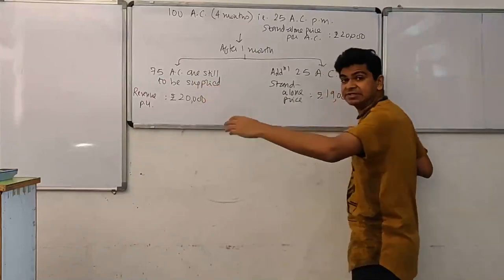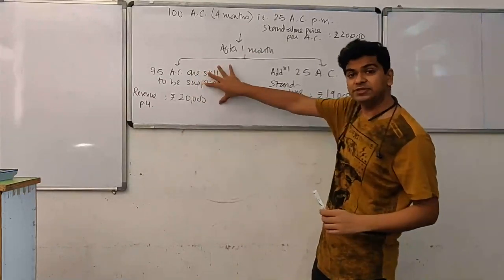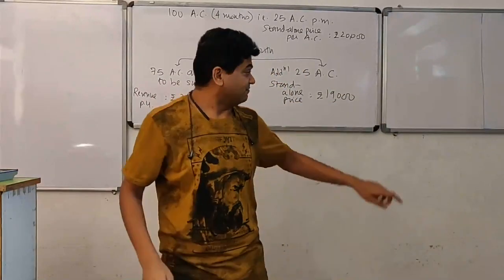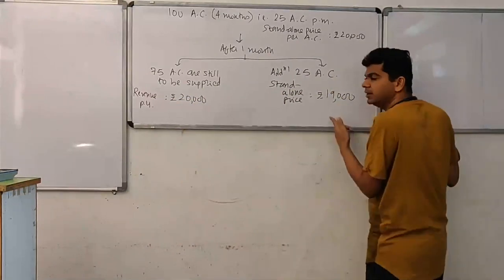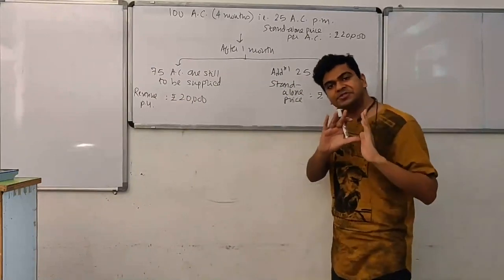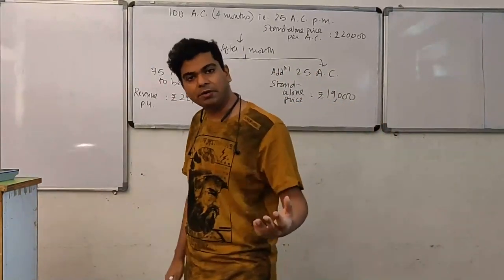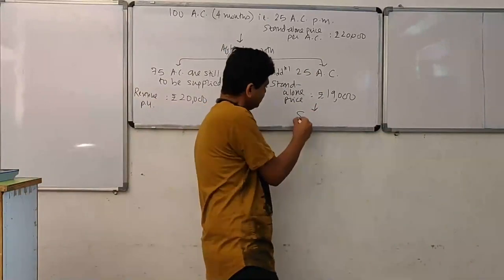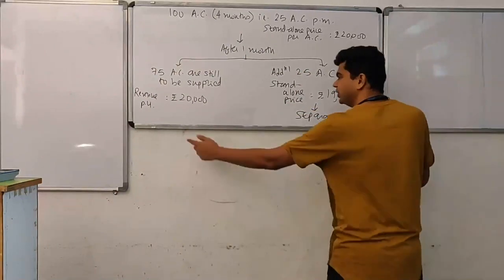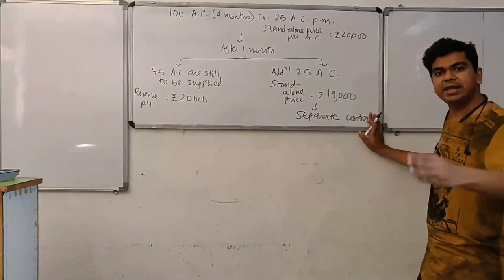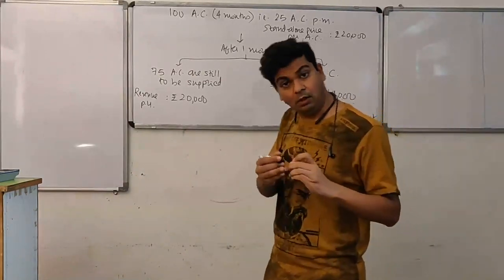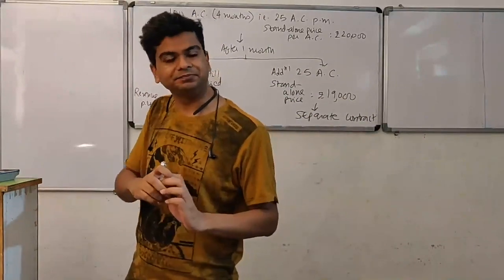So in the next month, when I supply 25 air conditioners of this contract, I will recognize revenue at 20,000 rupees per unit. And when I supply these 25 air conditioners, I will recognize revenue at 19,000 rupees a unit. So I am simply treating it as a separate contract, and just don't disturb the accounting of this contract. Let it be accounted as it is. So that is the first possibility.